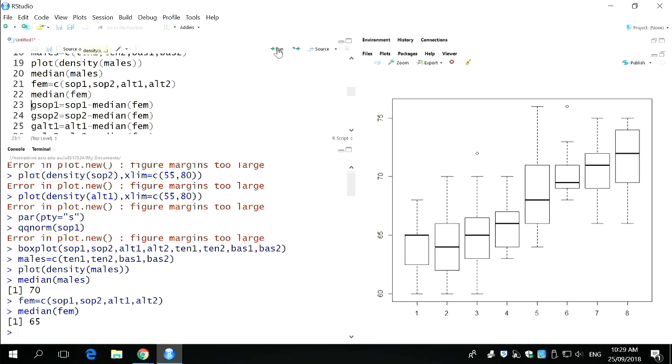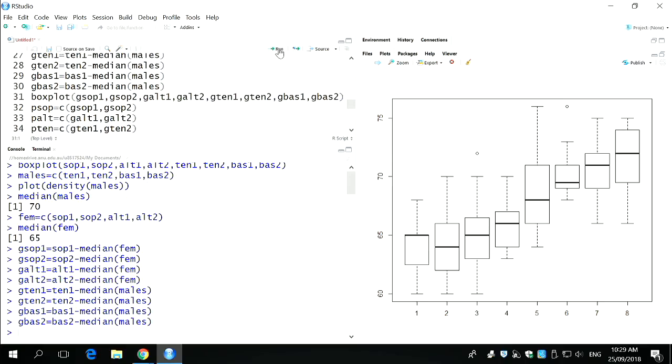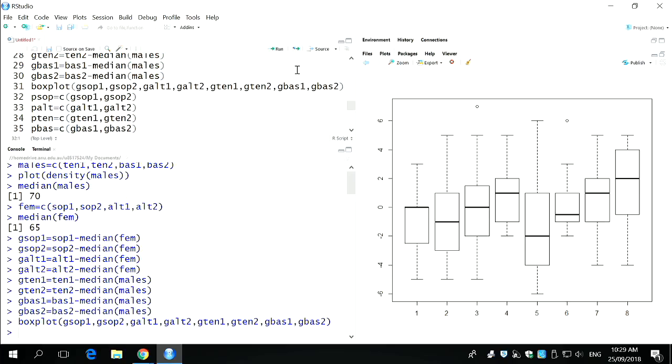So you can do that, it's pretty easy to do. Again, you can do it through multiple different ways. I've chosen to do it by subtracting off a median, okay? So I've just created these new things, which are the median corrected groups. And then this is the box plot that results if you fracture that first picture and shift each one down, so that now it's got baseline 0 and you've got 2 groupings, the 4 on the left and the 4 on the right, within each of which I expect there to be structure, right? But now it's centred around 0, and critically, the scale is now your friend instead of your enemy.